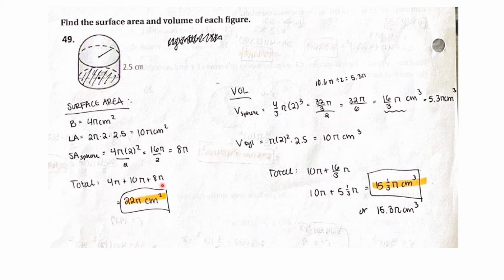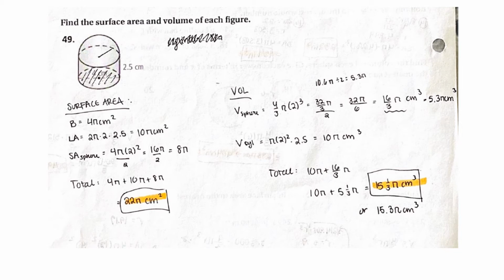So I added them all together, 4 pi plus 10 pi, pi plus 8 pi, and that gave me 22 pi centimeters squared. And I just left it in terms of pi for simplicity. For the volume should actually be pretty simple, right? We just find the half of the volume of the sphere and then the volume of this cylinder and just